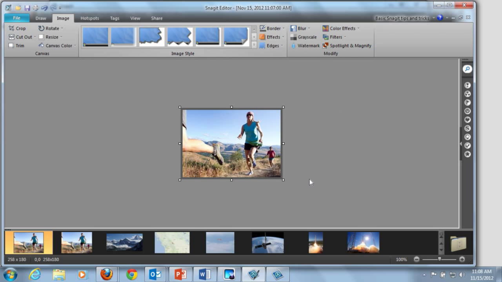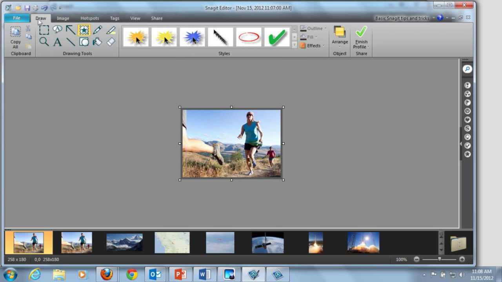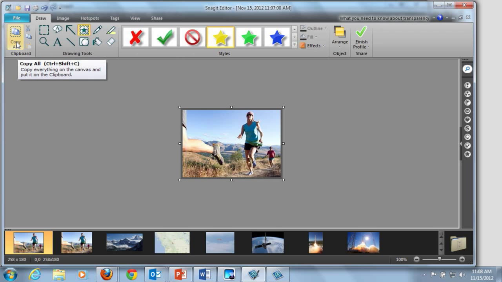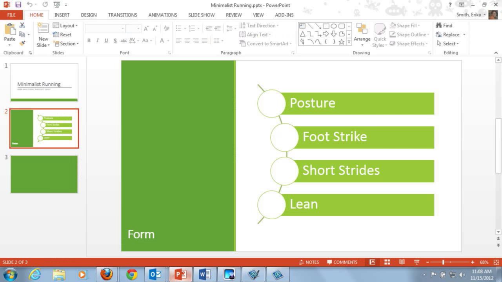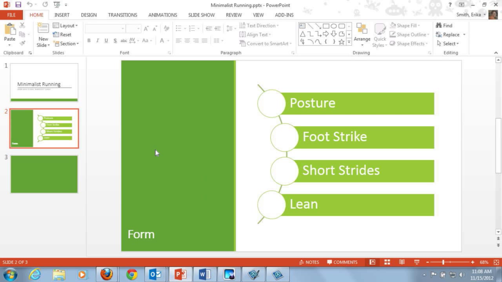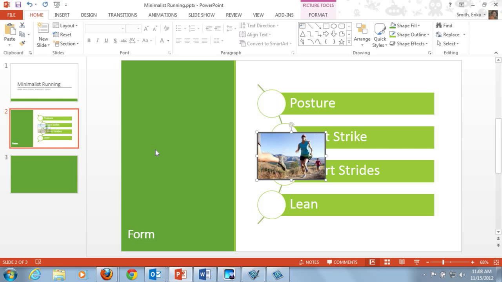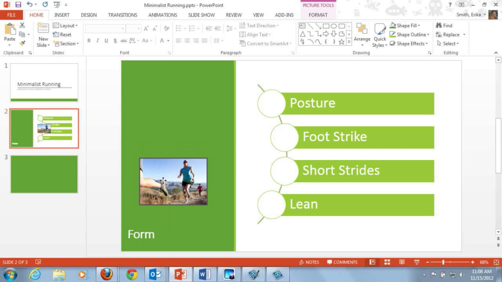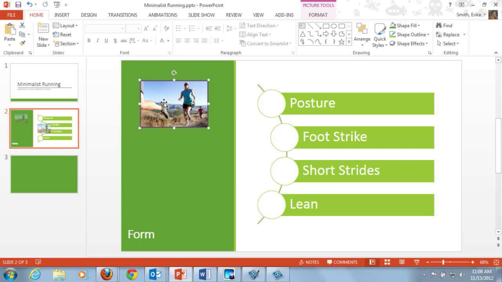And now there's a couple ways to get this out and into my PowerPoint. I can just copy, and there's a copy all button here. You can use that on the draw tab, and you would just click that, and then you can go to PowerPoint, and this is the slide I want it to go on to. And so you can just paste it using a right click, or you can do a Control-V. Okay? And I'm going to place my image right there in my PowerPoint. And it has a border on it, so it sets it out from the PowerPoint. So that's one way to do it. Let's go back to